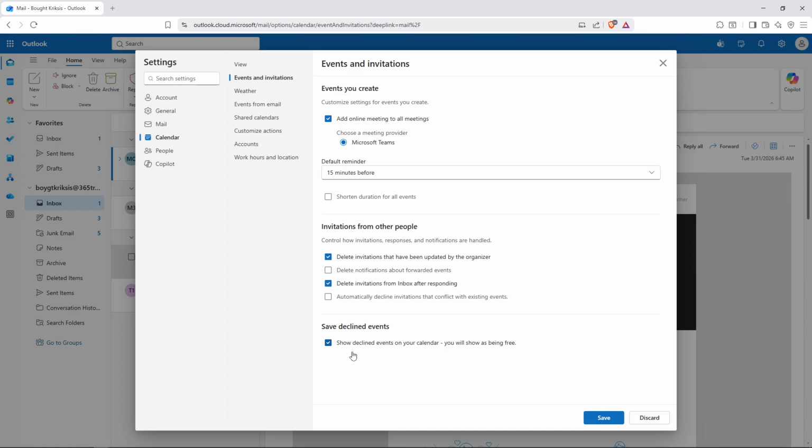Once you've checked that box, scroll down to the bottom right part of your settings window and click on Save. This will apply your changes and ensure that from now on, any meetings you decline will still appear on your calendar, giving you a complete picture of all scheduled events whether you're attending or not. And that's it. Your declined meetings will now be saved and visible on your Outlook